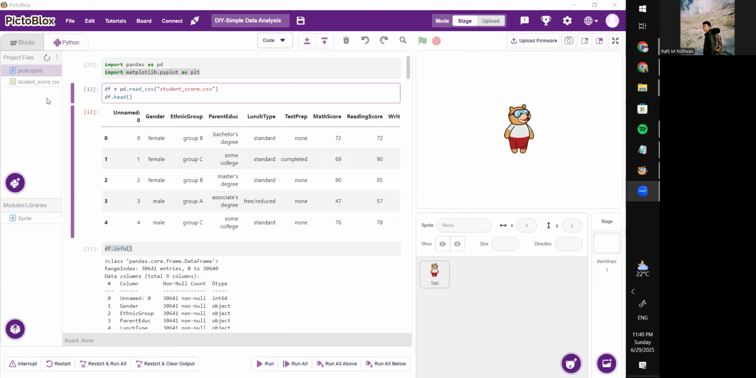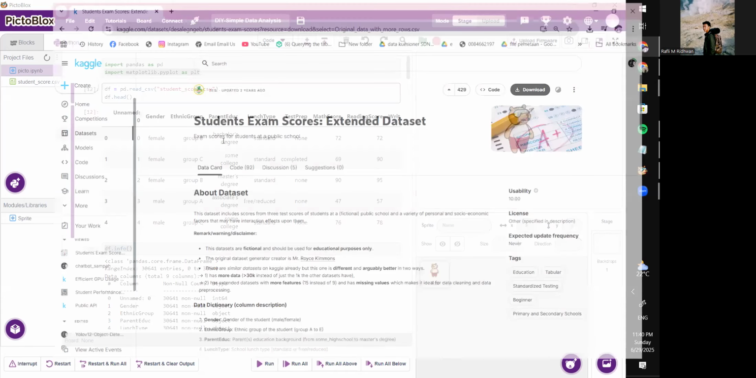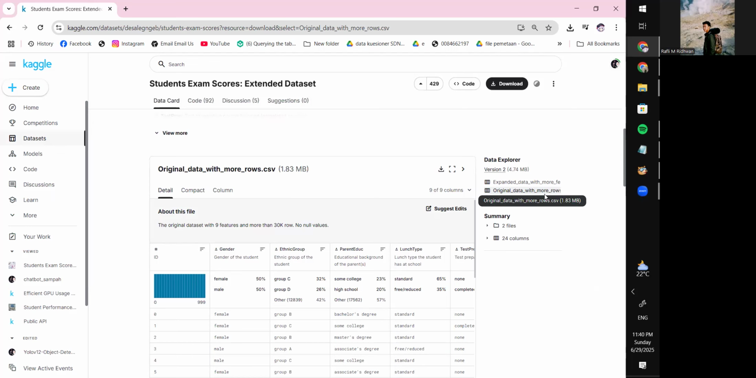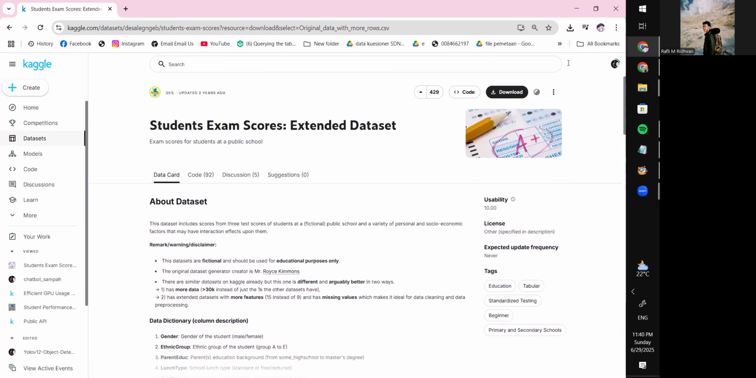In this video, I will show you the use of a Python notebook in PictoBlox, with the case of data analysis of student scores, which I am using from Kaggle data. This is the data set with the original data with more rows, but I